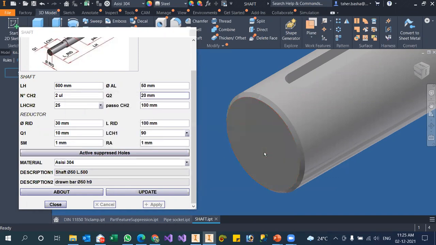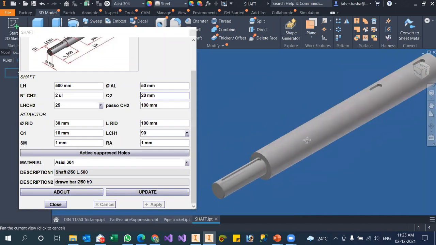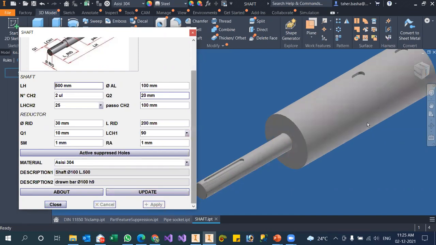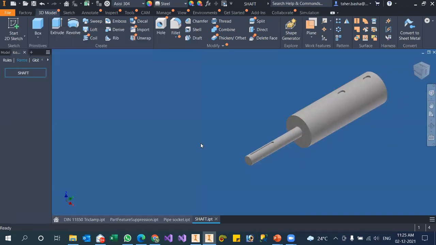In a matter of seconds, you can change the model and you can have your specified or desirable component. So this one, you can insert the value, already 100. I'll just go for 200. Apply. So it will be 200. This one, I just want to go 100. Update the model or apply. It will change the model. So you can play with everything, the parameters which are given in the model.